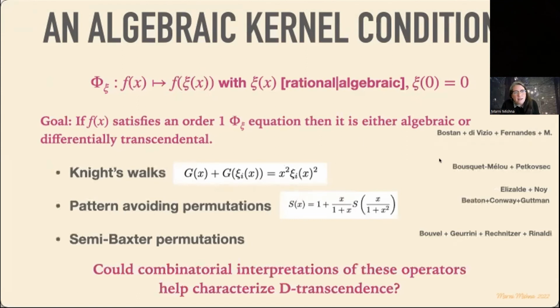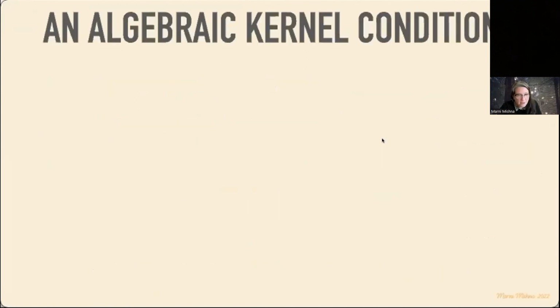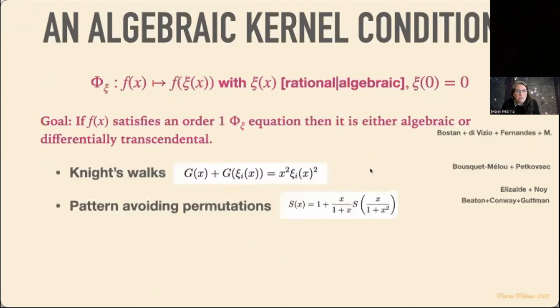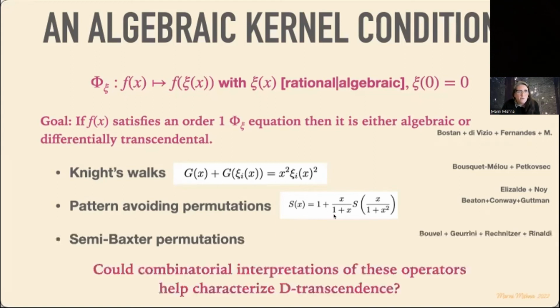There's a knight's walk. This is a result of Uskemilou and Marko Petkovšek. There are some pattern avoiding permutations. This is one of the pattern avoiding permutations, which was shown to be not D-finite. So I believe we can show that it's differentially transcendental, in fact. There are subversions of Baxter permutations, which also have functional equations, but it's a bit too long for this slide. And we're starting to capture the boundary between D-finite, like the Baxter permutations had a D-finite generating function, and just seeing what you have to modify to boot you out into differentially transcendental.